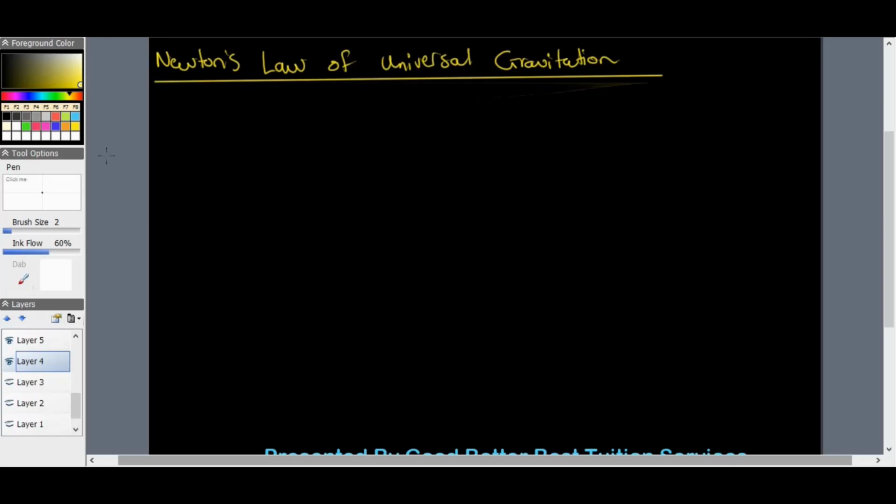So, for example, a force field is a region in which an object will experience a force. That's quite intuitive to understand. A force field is a region in which an object will experience a force, hence the term force field. A gravitational field, though, is a region in which any mass will experience a force which is gravitational in nature. So, coming back to how he formed his law of universal gravitation, he states that